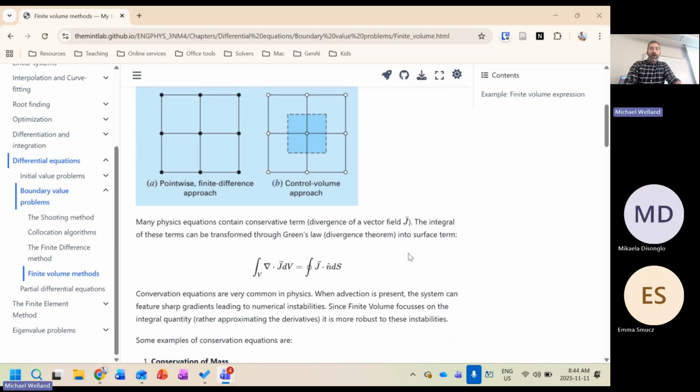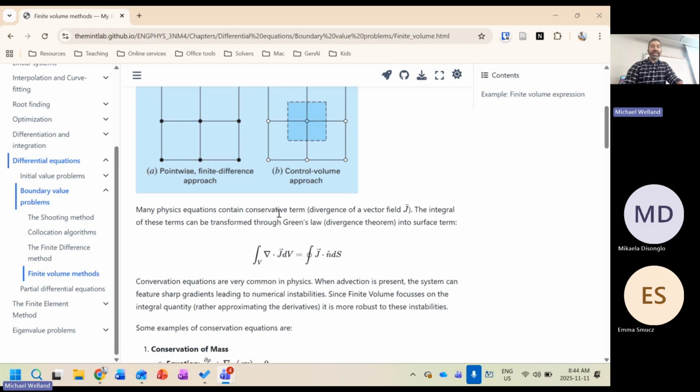Okay. A lot of physics equations will contain this kind of flux term. J in this case, Q, doesn't really matter. The integral over your control volume, right? The divergence of the flux, the integral of the divergence of your flux is equal to the surface integral of that normal flux. That's Green's theorem. Green's theorem is honestly one of those things that sounds complicated and then you think about it for half a second and it's honestly super easy, right? Literally all it's saying is